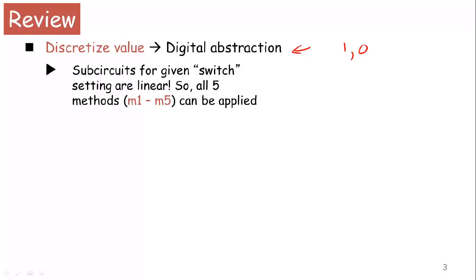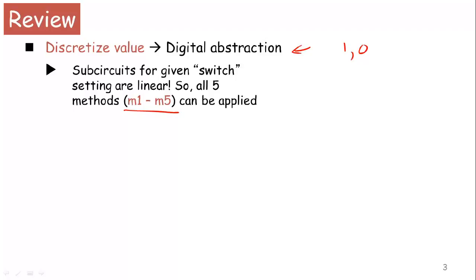And one thing to notice was that with digital circuits as well, sub-circuits for a given switch setting were all linear. In other words, if I took a circuit and established some switch values, then for those fixed switch values, I ended up with circuits that were linear for the kinds of switches and elements that we had talked about. And once you have that, you can apply any one of the 5 methods that we discussed so far